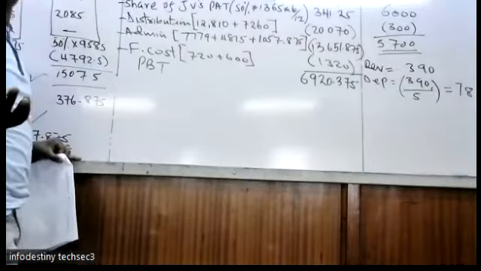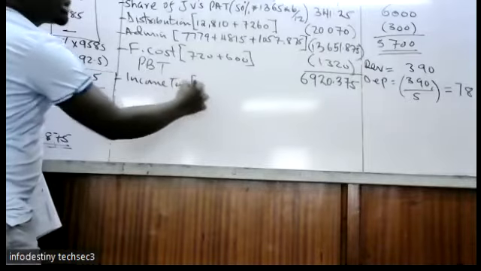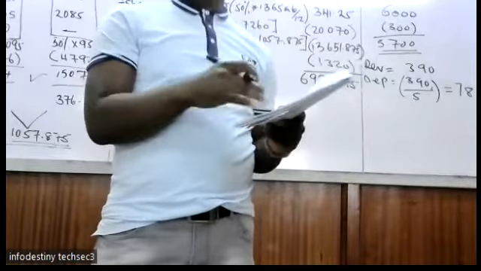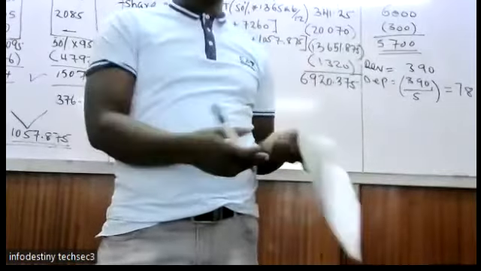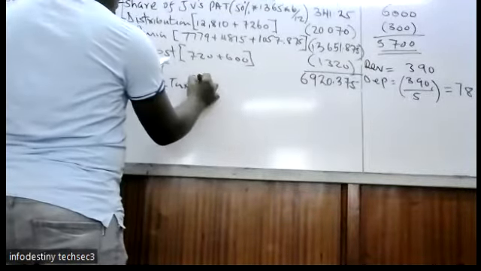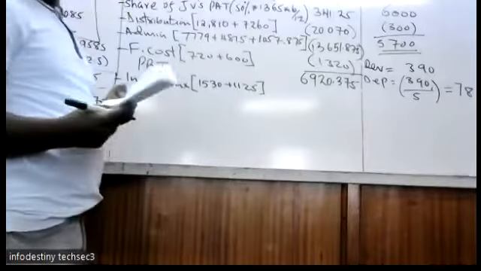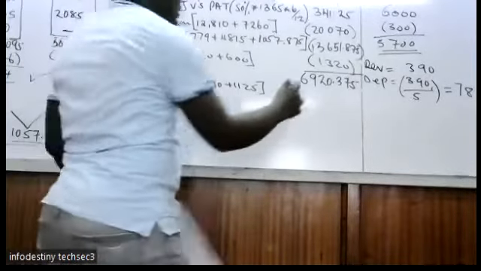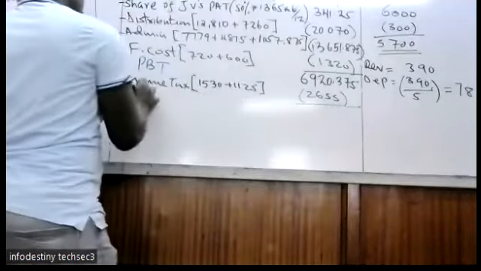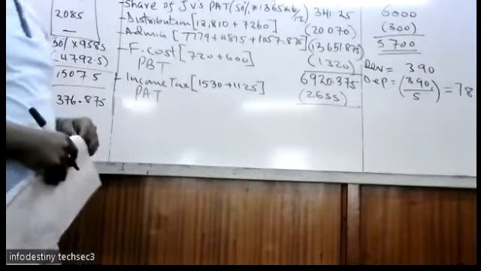Income tax. Can I tell you what is hard in this question? The examiner has thought they have caught you, so they bring the trap. Once you know the trap and leave it out, you are safe. That is the catch point. There is nothing else. So income tax, we had 1530 plus, giving us 26. PAT, profit after tax. How much?